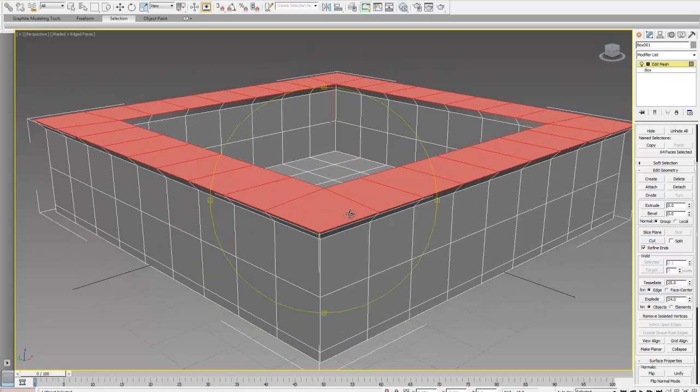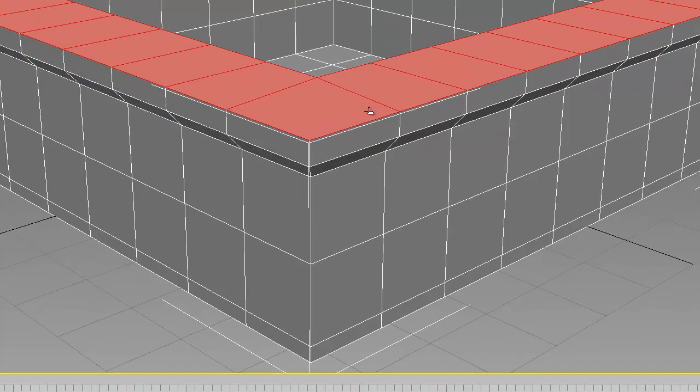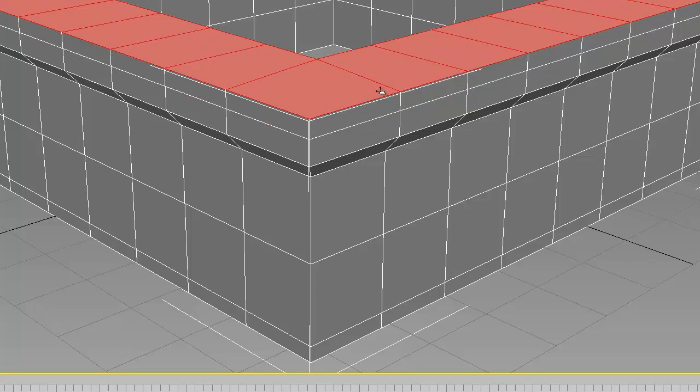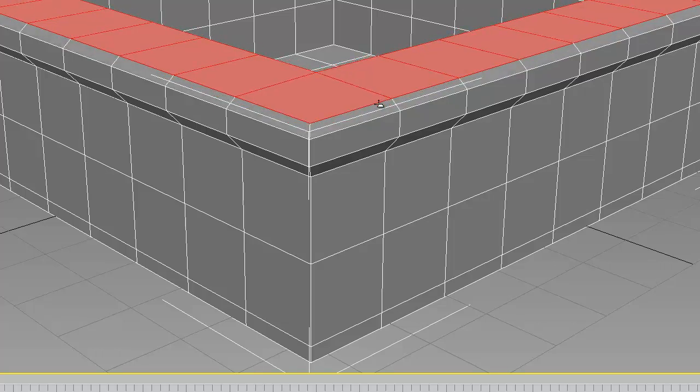Just a little bit. And now what I'm going to do is I'm going to extrude. But a time saver, instead of having to go back to extrude here, is by clicking and going up about 3 feet, and then not moving my mouse again, and clicking. And that just bypasses the bevel part of the bevel. It's just the extruding, just a time saver. The next step I'm going to do is go up a little bit more, about a foot. I'm going to go in. And now you can do this as much as you want or as little as you want, but you can see I'm adding detail to my